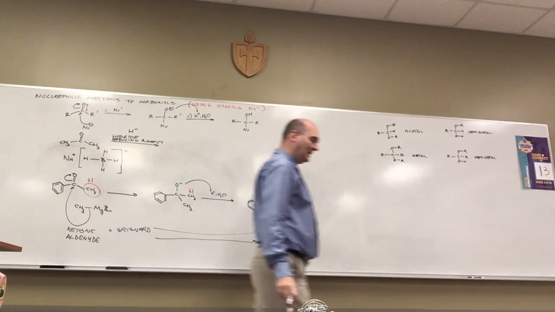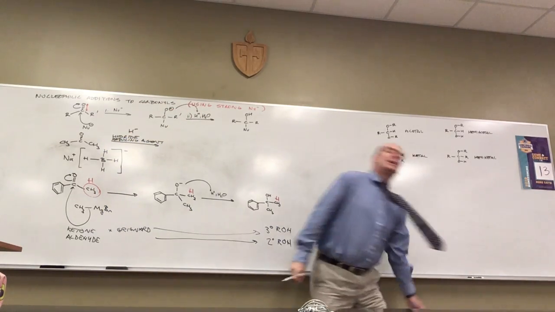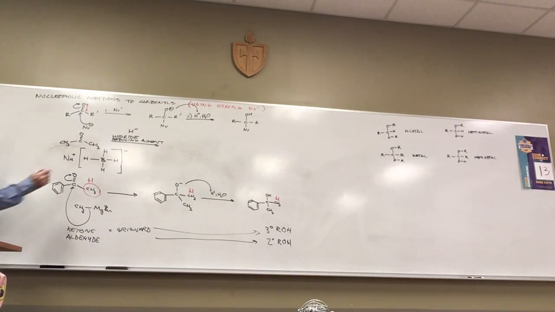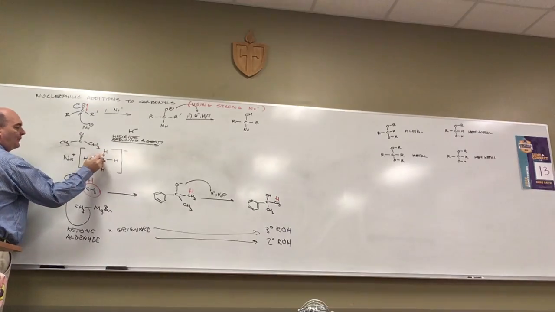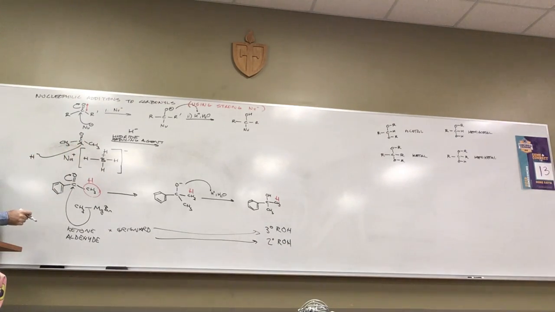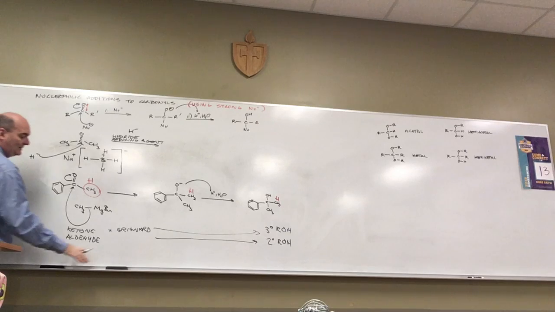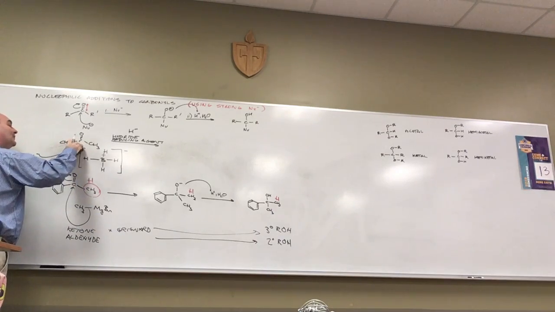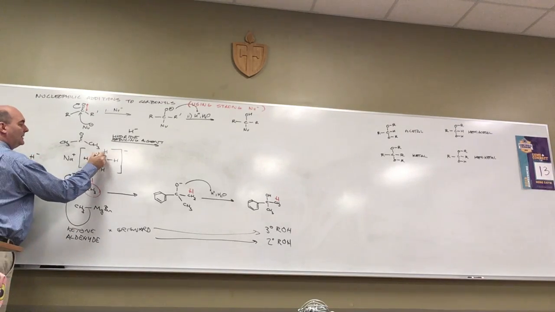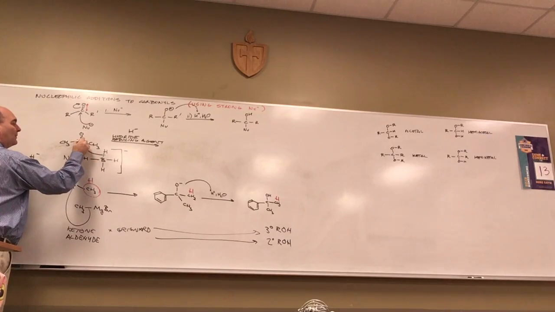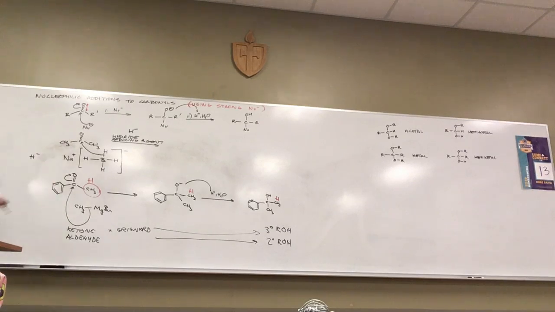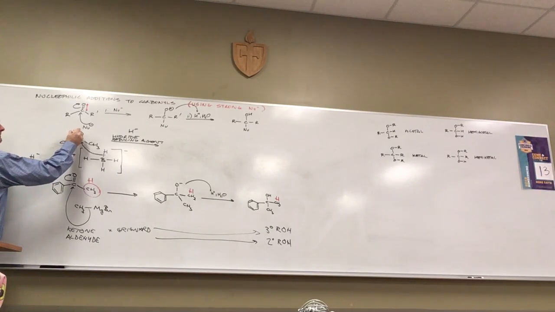The nucleophile is H minus. This is a hydride. When we look at what hydride does, it takes the electrons from the bond. So you can cheat and just go H minus does this. That's the way I learned it. It's a little bit cheap. To do it the correct way, you take the electrons from the bond between the boron and the hydrogen, and you deliver them to the carbon.